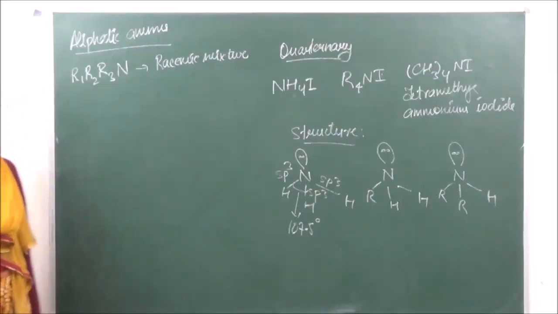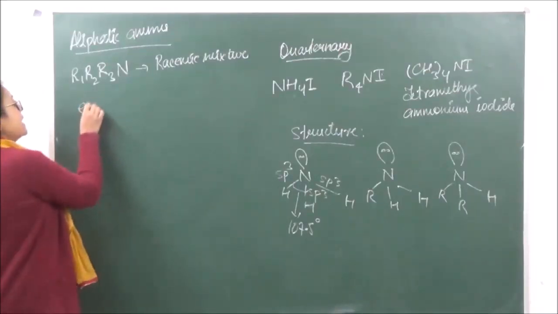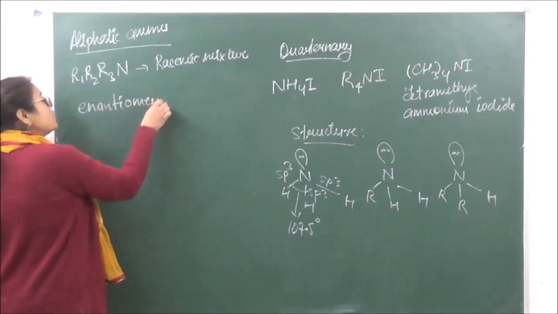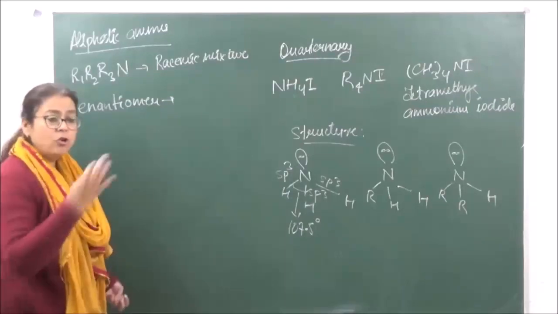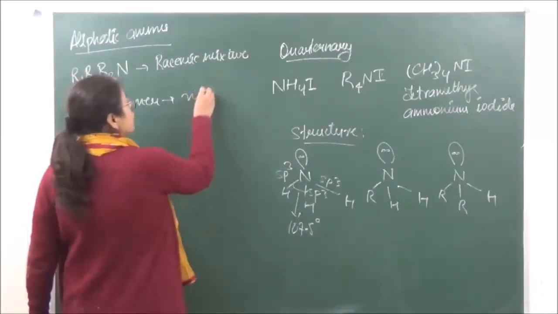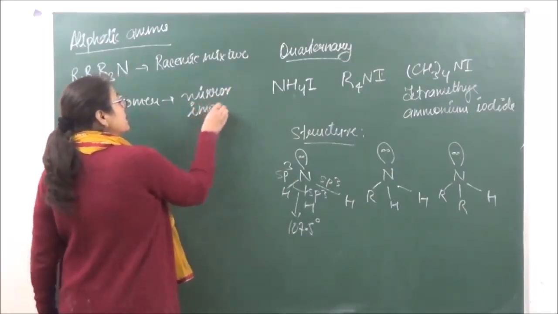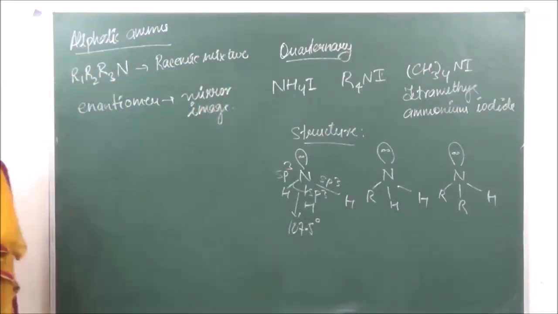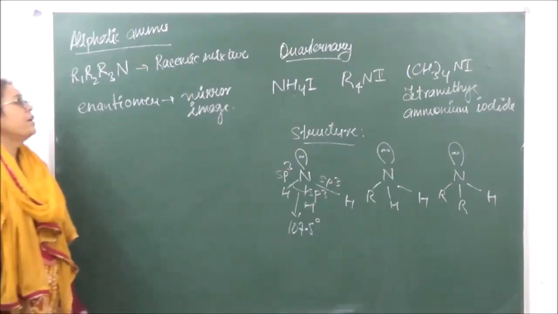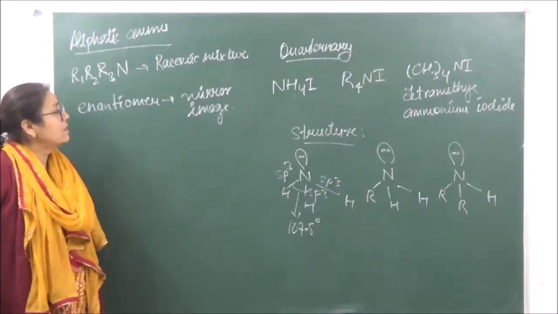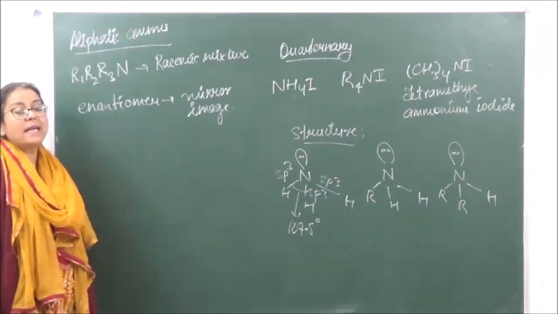That is because this has a tendency of converting its enantiomer into its mirror image, by itself, this transition keeps taking place. Okay, now this transition or inversion of an enantiomer into a mirror image of an alkyl amine,